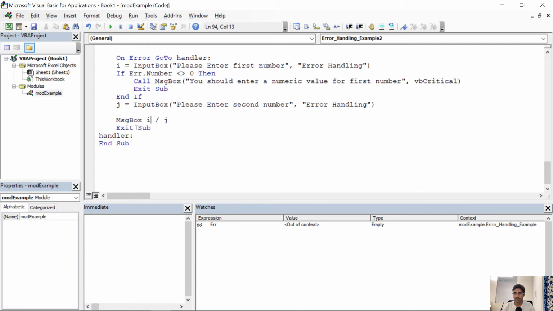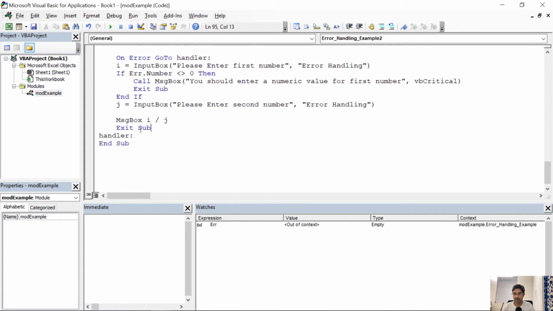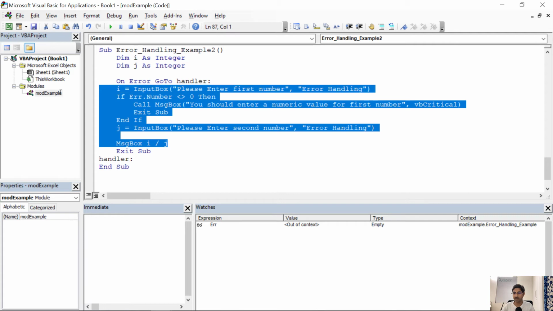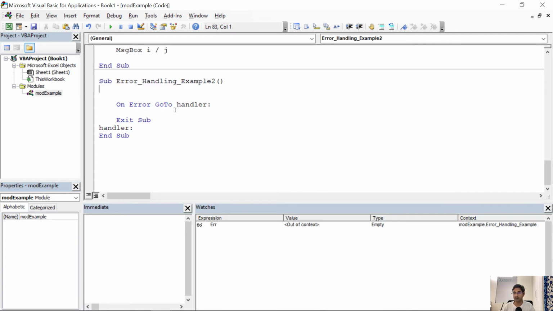If you are inside a sub procedure, you will write Exit Sub, or if you are inside a function, you will write Exit Function. So this is the structure. On Error GoTo handler. There will be a lot of other code here, and at the very end you will write Exit Sub, then a handler,